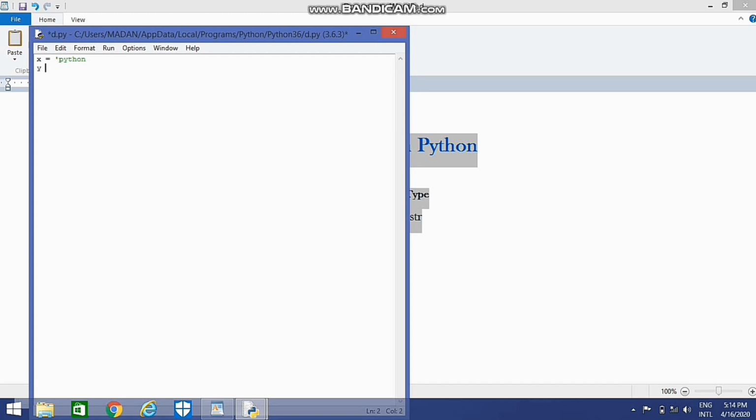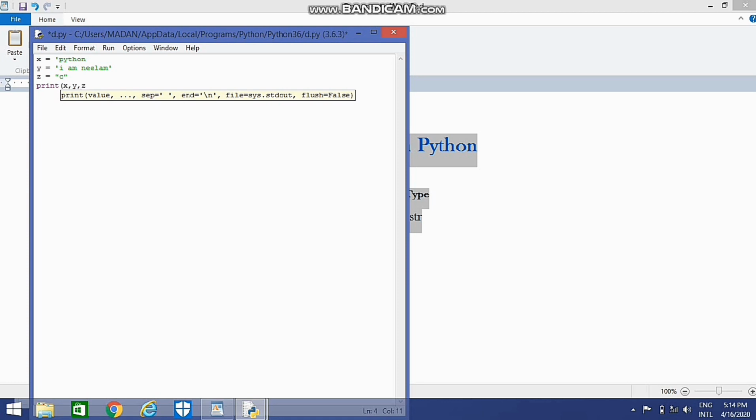And yes, one more thing about strings: whenever you are using strings in Python you must put them either within single quotes or double quotes. So here Python is my first string and my second string is 'I am Neelam'. So basically this is a line. And my third one will be a single character. I took C. You can see C is quoted within double quotes. It means C is not a character, C is a string of length 1.